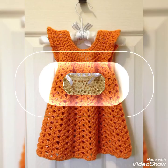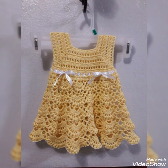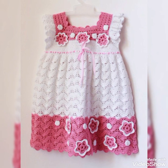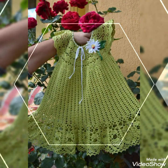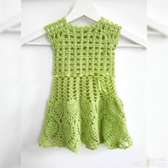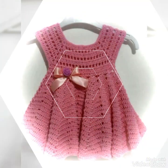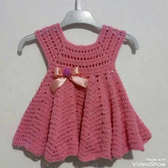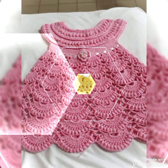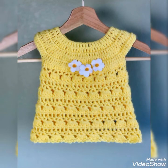And you can see all of these designs are having different crochet patterns used in them. Like you can see, you will see designs with square yoke pattern, and you will see round yoke pattern designs as well, and double crochet stitch is used as major stitch in almost all of these designs. Most of the designs are having a shell stitch pattern for the flare part of the frocks as well, and you will see other patterns too, but most of the designs are having shell stitch and modified shell stitch designs. And you will see puff stitch pattern in this beautiful shell stitch pattern as well,